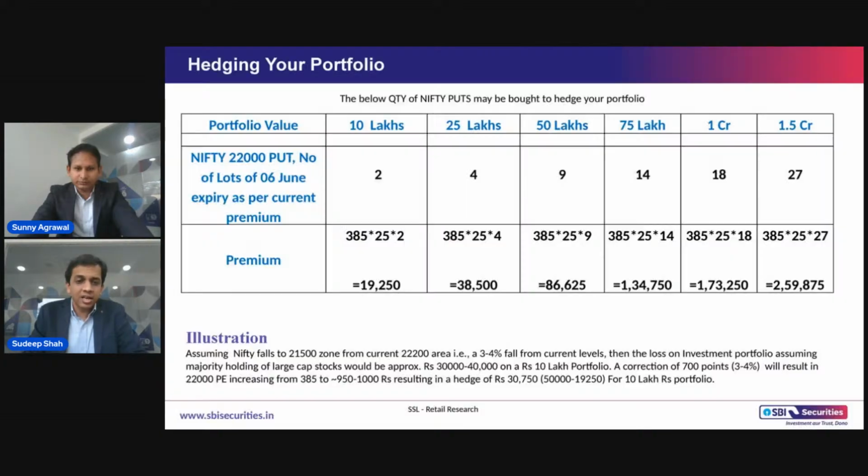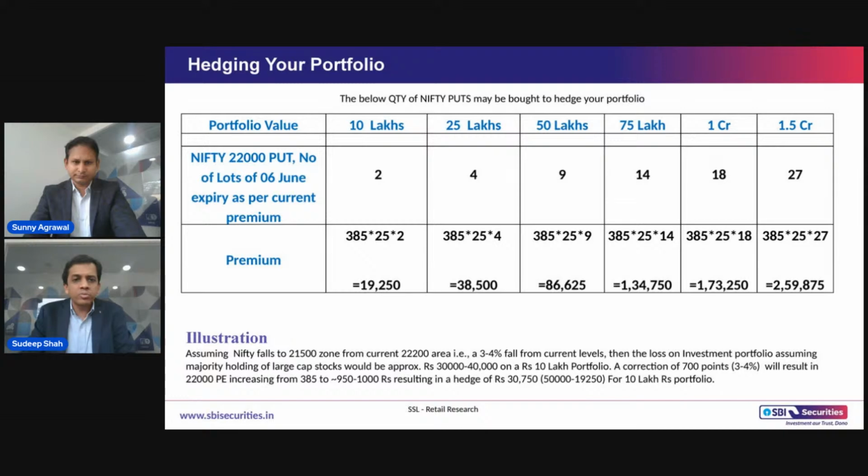Now just in case someone is too worried about the potential outcome और उनको लग रहा है बड़ा करेक्शन आ सकता है, तो हमने यहाँ पे एक बेसिक टेम्पलेट बनाया है जहाँ आपकी जो पोर्टफोलियो वैल्यू है तो आपको कितने लॉट्स की हेजिंग करनी चाहिए वो पर्सपेक्टिव से। तो अभी समझिए कल के प्राइसेस के हिसाब से, अगर 10 लाख का पोर्टफोलियो है आपका, तो निफ्टी का आज का वैल्यू कितना है, अगर आप 25 के लॉट साइज के साथ 22,200 करें, तो इट इज समवेयर अराउंड 5.5 लाख। तो 10 लाख का पोर्टफोलियो, तो यू विल रिक्वायर 2 लॉट्स।